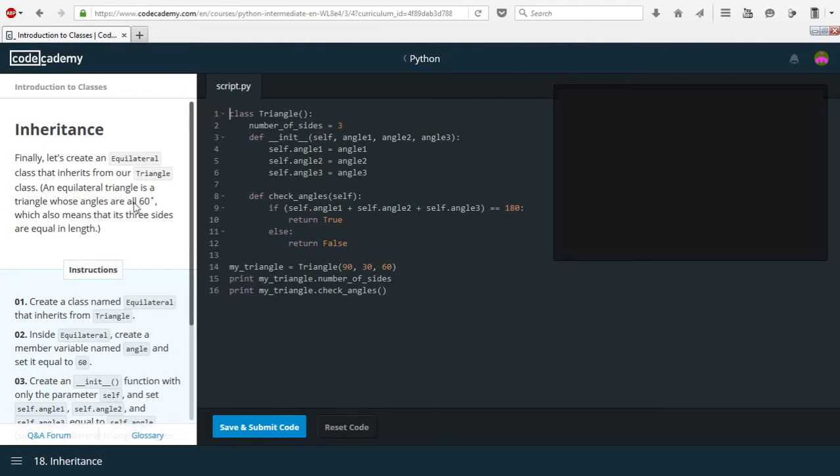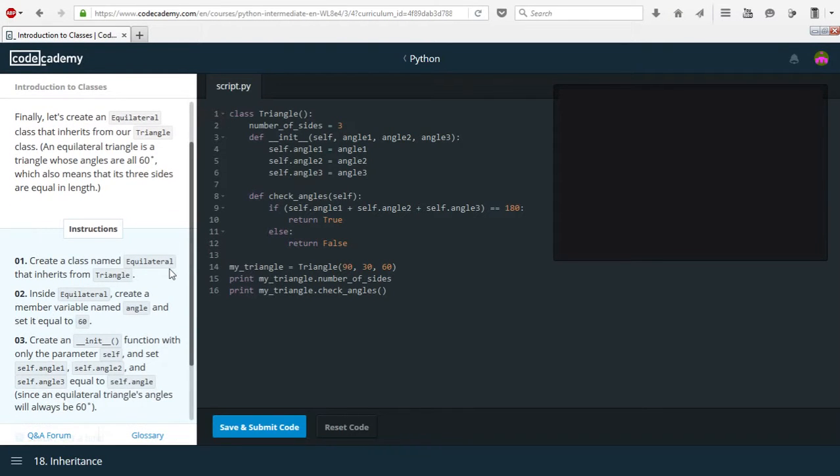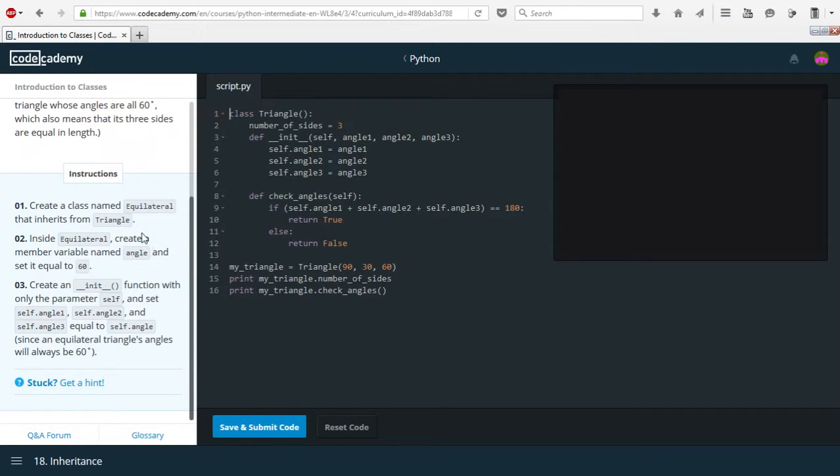Inheritance. Finally, let's create an equilateral class that inherits from our triangle class. An equilateral triangle is a triangle whose angles are all 60 degrees, which also means that its three sides are equal in length. Create a class named equilateral. I hope I can spell this, but I probably won't, so we'll just copy and paste it. And we need to inherit from triangle,